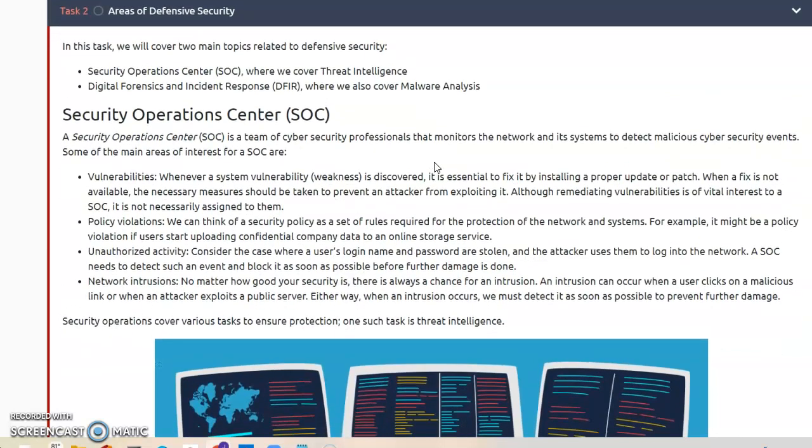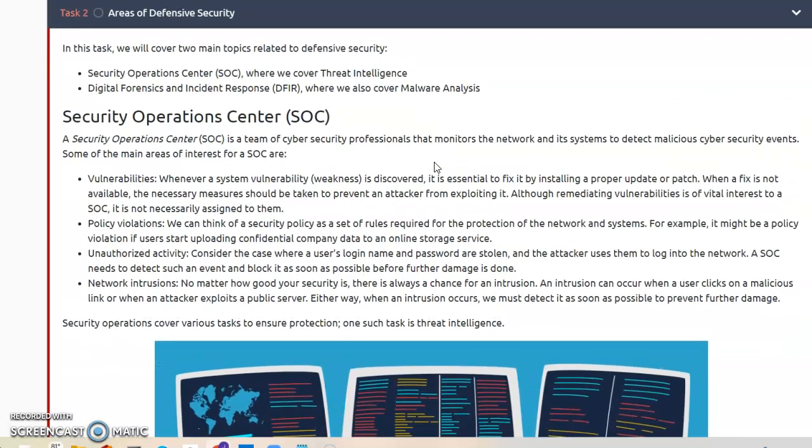Areas of defensive security. In this task, we'll cover two main topics related to defensive security. SOC, where we cover threat intelligence, and DFIR, where we also cover malware analysis. SOC is a team of cybersecurity professionals that monitor the network and its systems to detect malicious cybersecurity events. Some of the main areas of interest for an SOC are